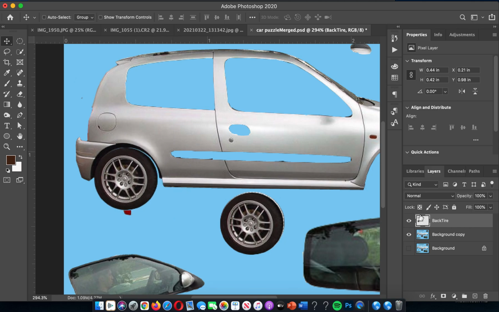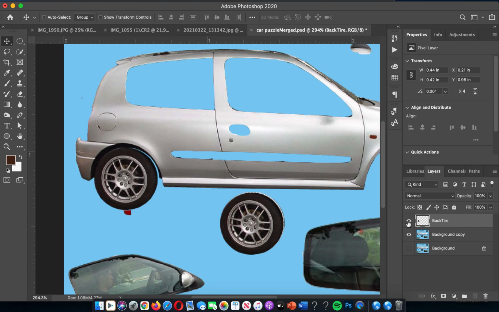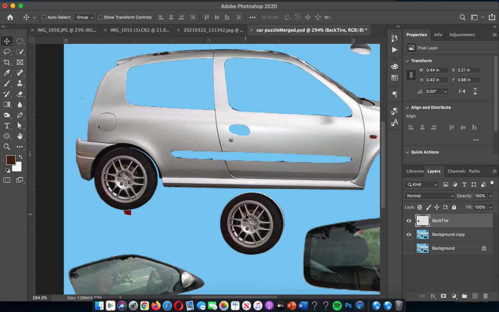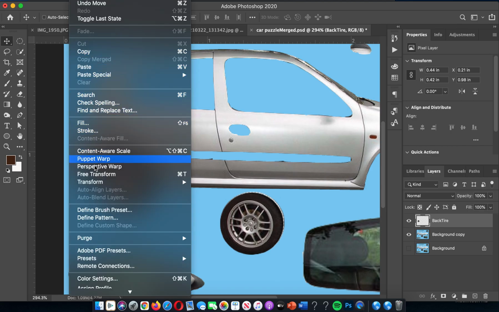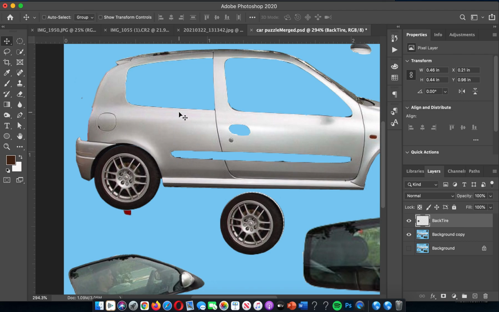If I wanted to resize this tire itself, notice I don't have an active selection right now because it's the only thing on this layer. So you can really easily see what's on each layer by clicking this eyeball on and off to see what you have there. And if I need it to be just a little bit bigger, I can hit Command T, or I can go up to the Edit menu and go down to Transform or Free Transform, and that would be how you get that bounding box that helps you resize things. And then again, when it's the right size, you hit the check mark or you hit Enter,